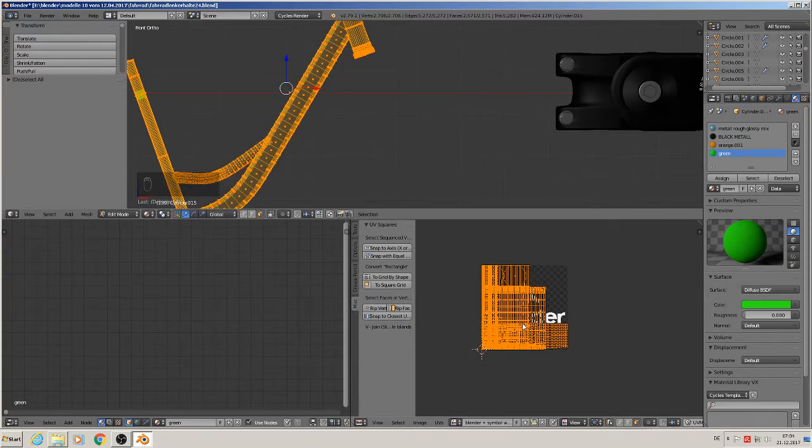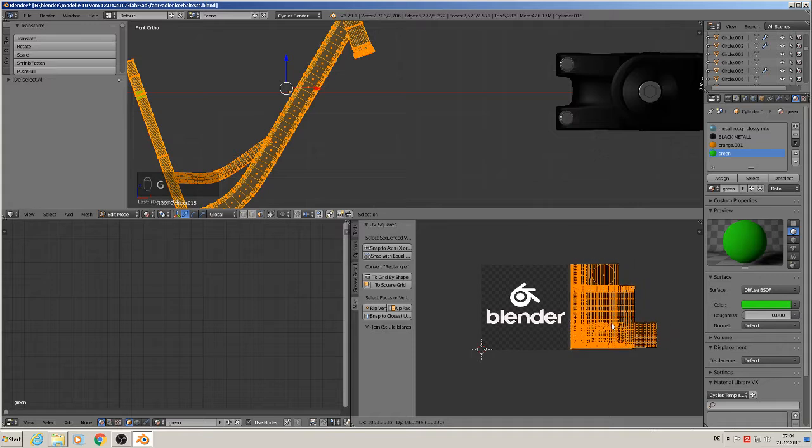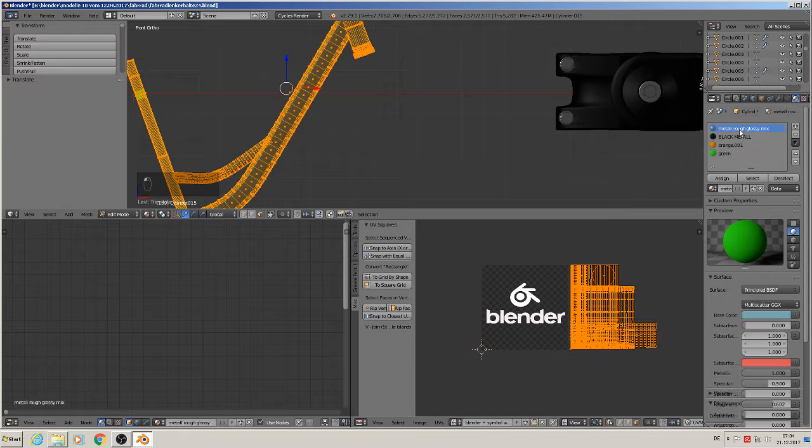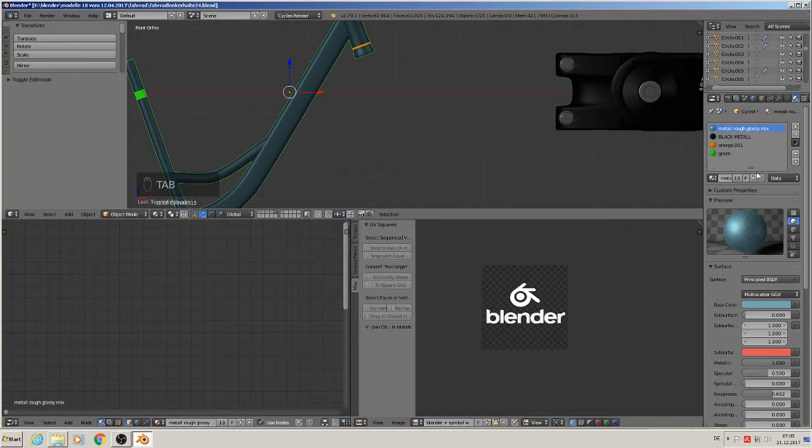So, at first, we grab that and bring that all to the side like we did before. Then we want to plug it on the green metal. So we need this clean metal glossy mix, and we want to plug our stuff there. That means we must make a copy material here. So we click on the number again. You see it says 001. It's a new material with the same values. That is the good thing about that. Good. Glossy mix